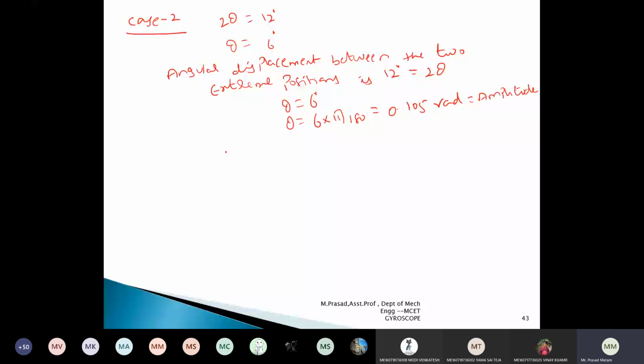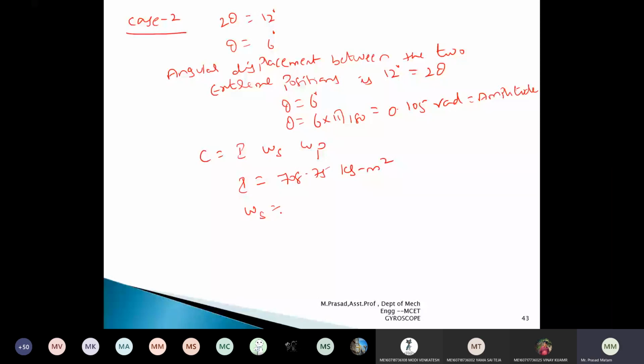So what is the gyroscopic couple formula here again? For any motion, the formula is given as I into omega s into omega p. Moment of inertia is always common, whether in steering motion or in pitching motion, it won't change. What is the moment of inertia we got? Earlier we have solved, I equals m into k square. I am getting the answer as 708.75 kg meter square. So this is the I value I am getting. Omega s, angular velocity in the spin axis. Is it changing? What is omega s we are getting?